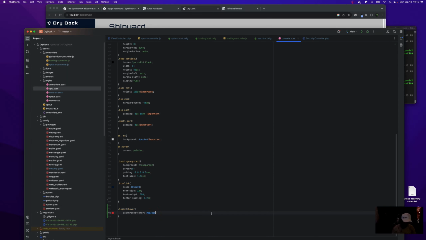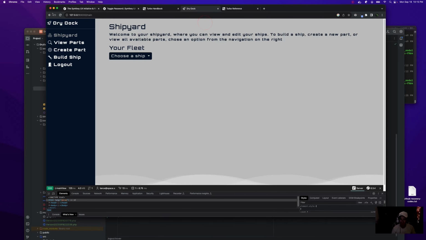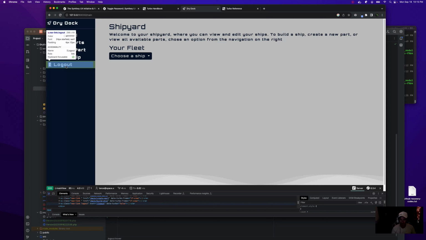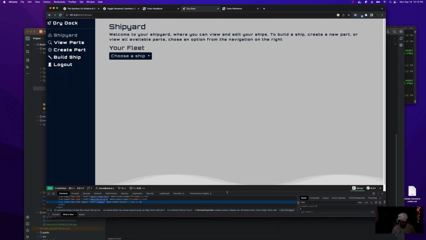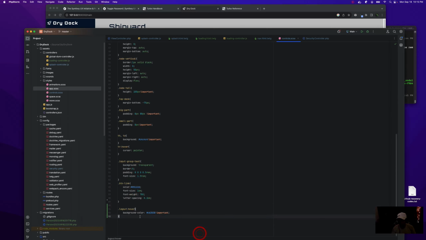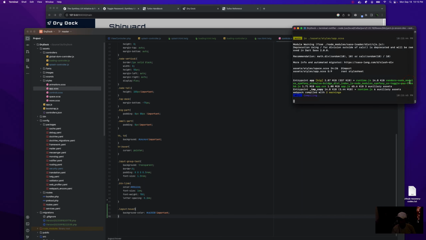Probably need an import on it. Wow, not happy. Log out on hover. Seems right. Oh, Sass is just taking a really long time to compile.